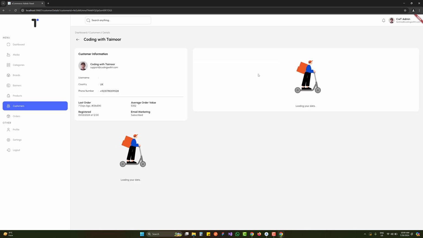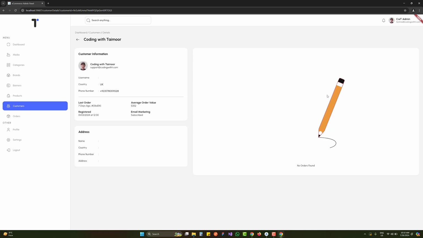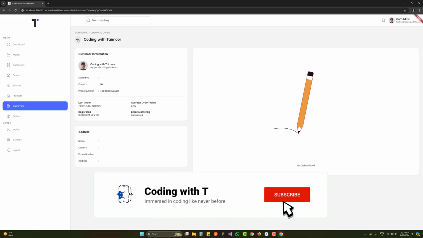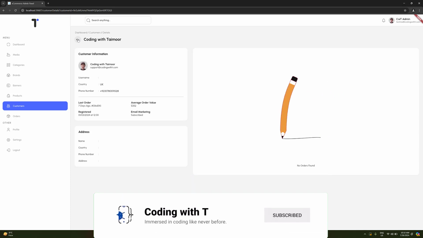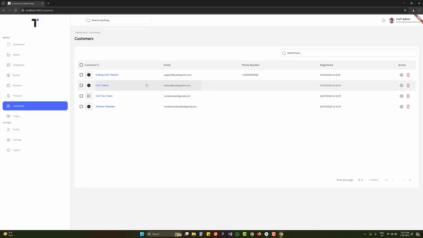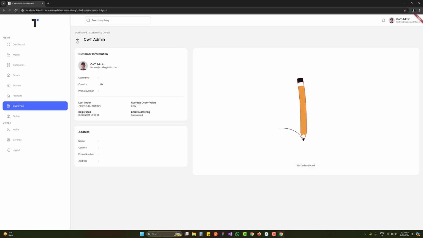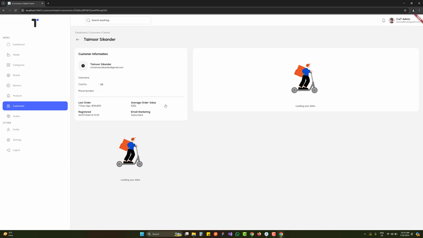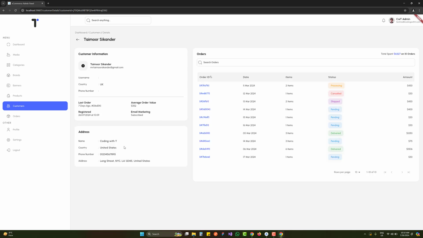It is again loading the data. And you can see this time we have some animation, no orders found. Addresses is again empty because this one is an old record and we do not have that specific address and orders for this one. Let's go with the CWT admin. Also, this one is empty. So let's open this last one. And yes, we have the address of this one, and also we have all the details